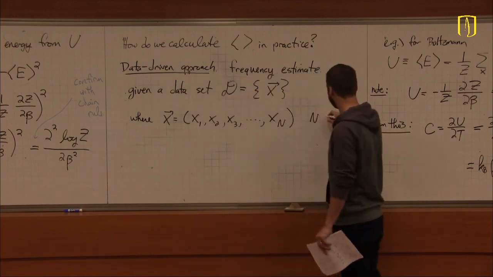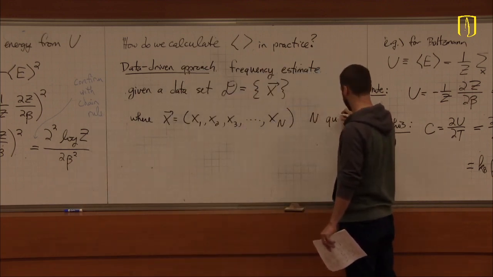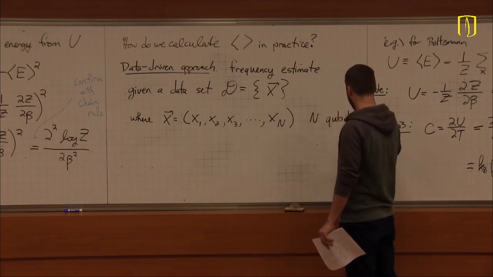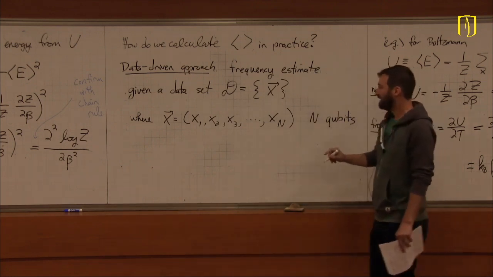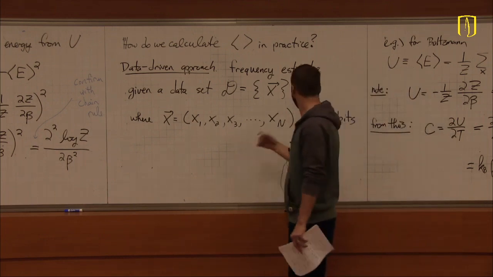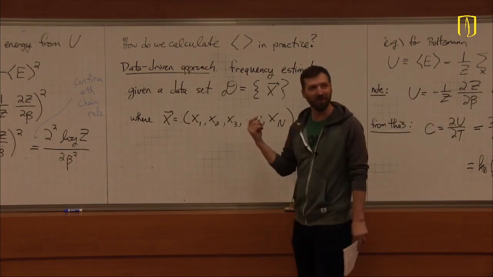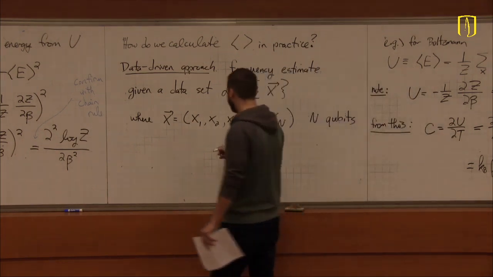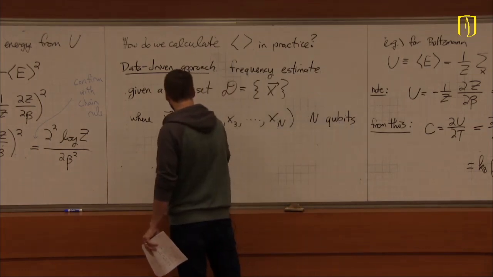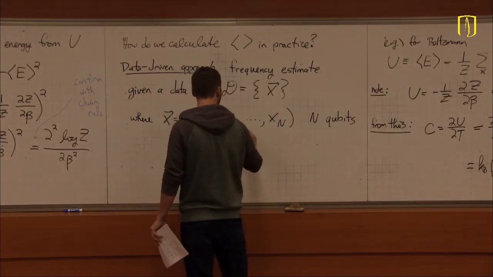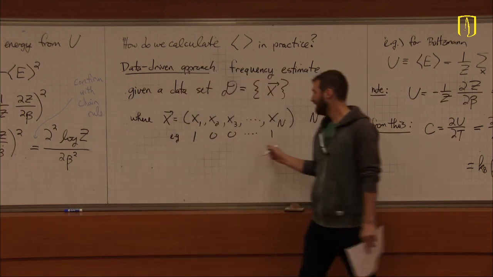For n qubits, or spins. Am I using U? I forget. Each one of these will be a classical binary variable. For example, 1, 0, 0, blah, blah, blah, blah, 1. Right? If you take that